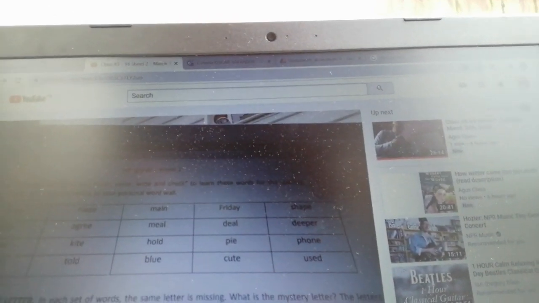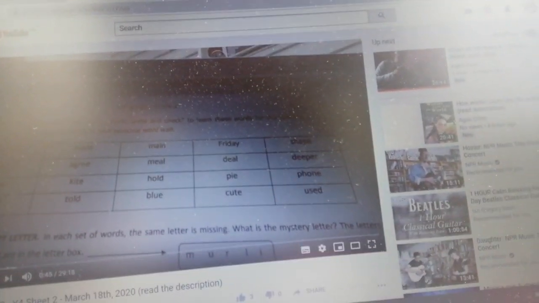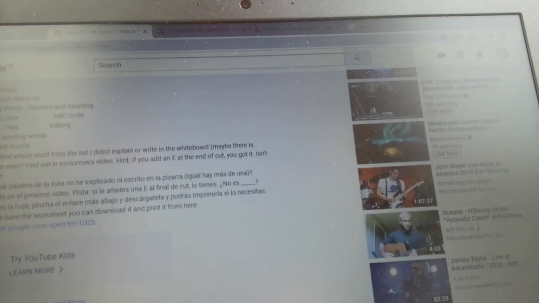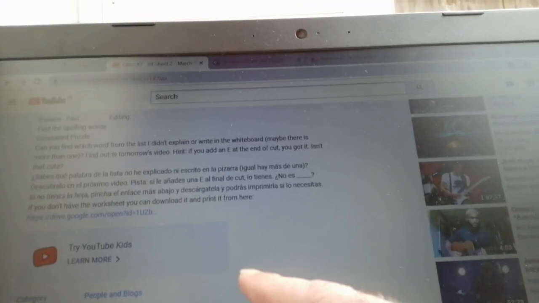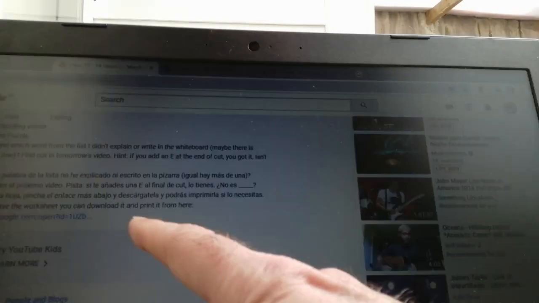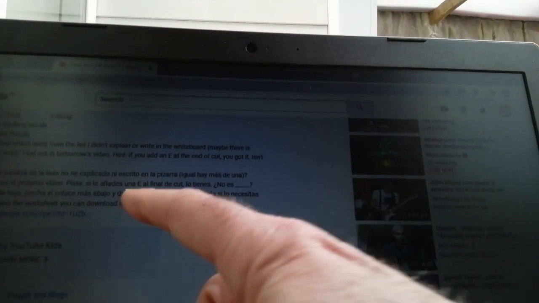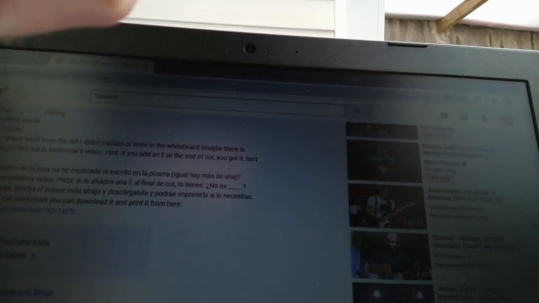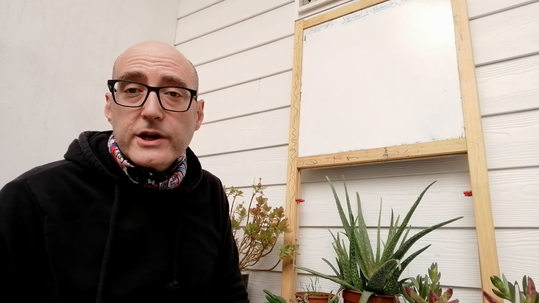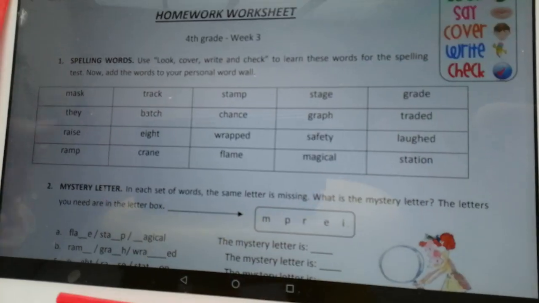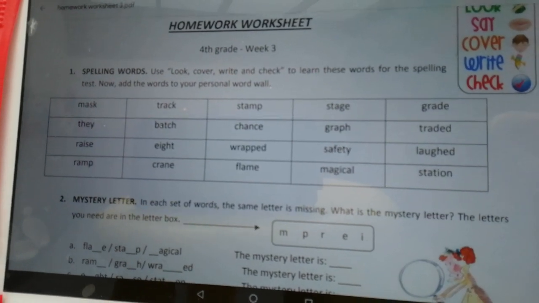Now this is the example from the video from last week. So when you are on the video, you want to go down to the description of the video, and in the bottom you're going to see that line that is in blue. You can download the paper there, or you can print it, or you can just copy it, open it on your computer and copy it in your notebook. Alright, so we start with the activities just as last week.